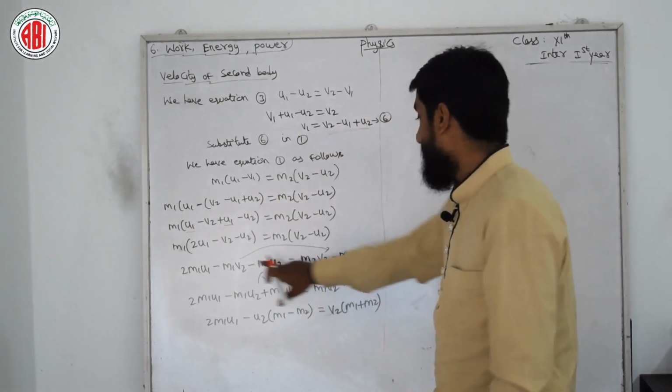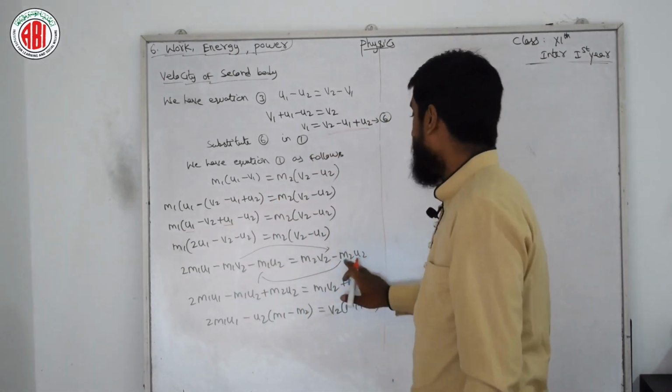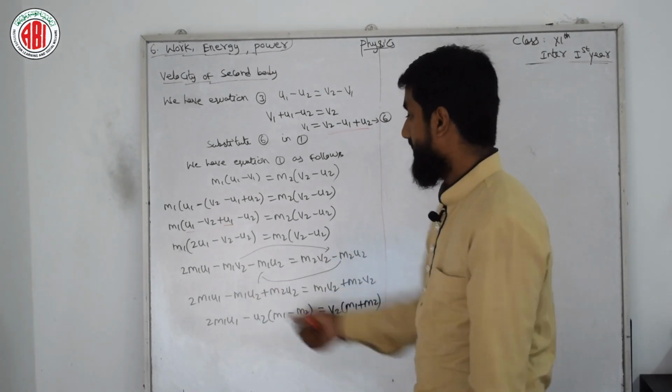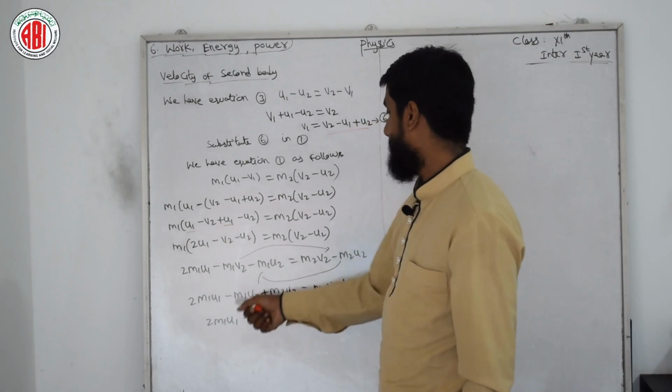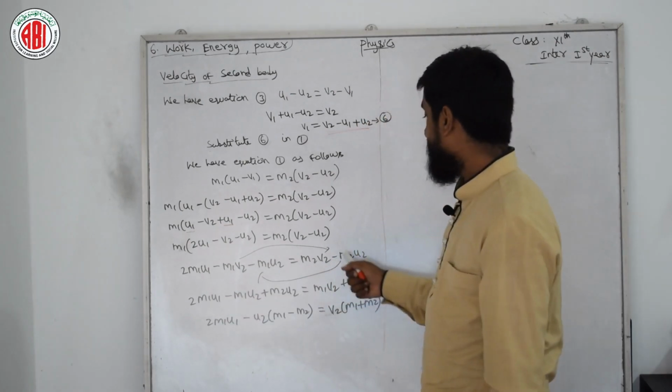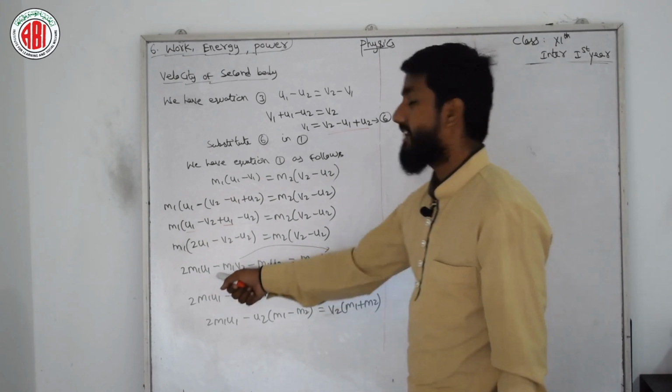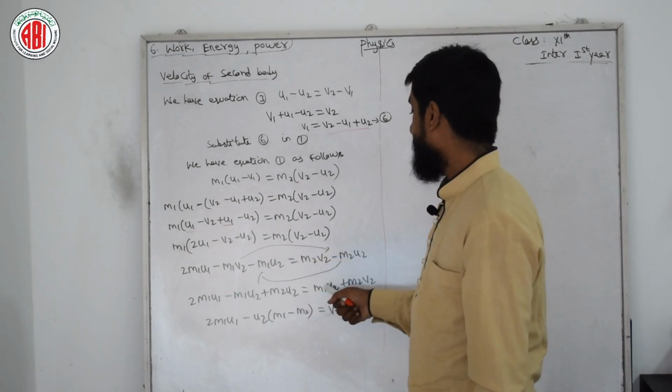For that I am just sending m1 v2 to the right hand side, whereas minus m2 u2 to the left hand side. I got the step like this: 2 m1 u1 as it is minus m1 u2 also as it is. This minus m2 u2 becomes plus m2 u2 equals m1 v2, this minus becomes plus, okay, m1 v2 plus